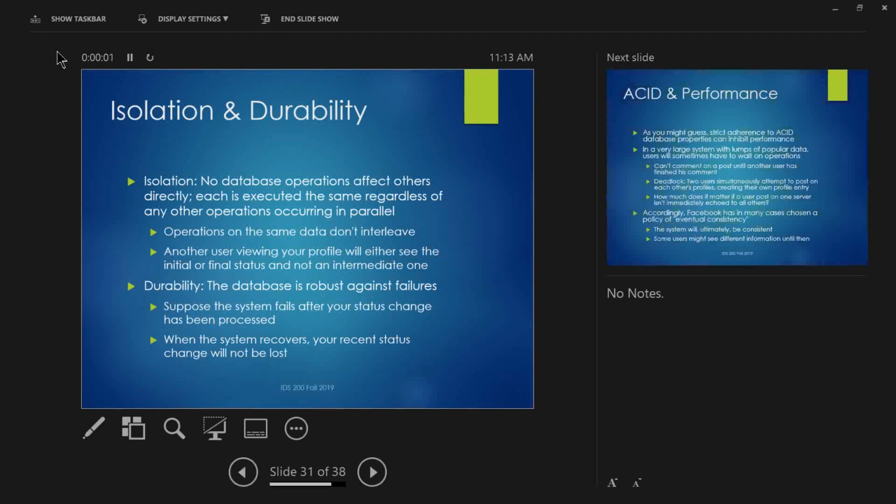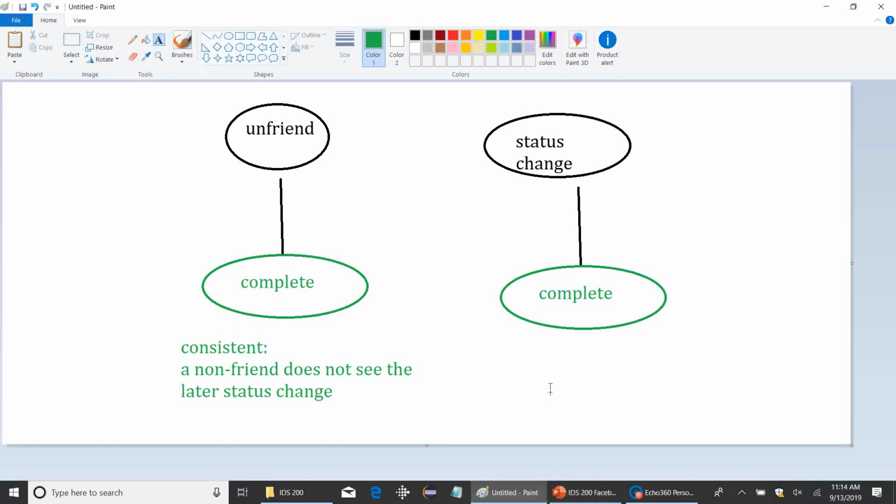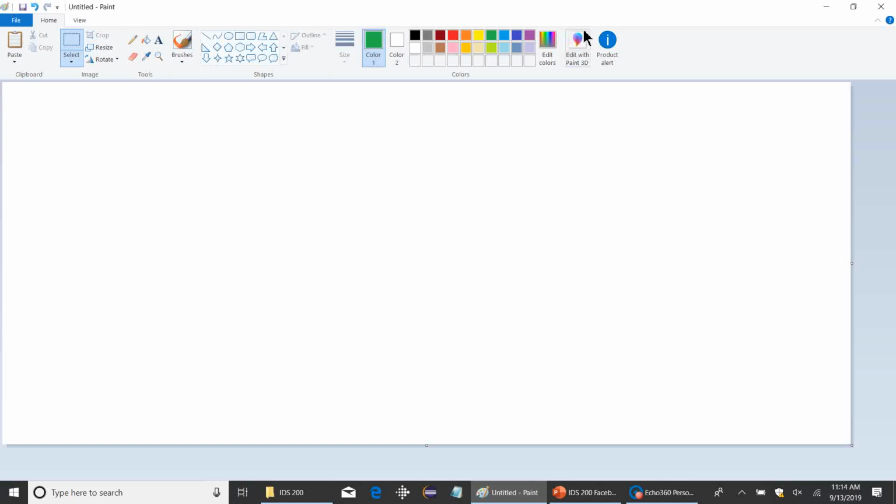Isolation and durability. So, isolation means no database operations affect each other directly. So each happens the same regardless of anything else going on in the database. What this means in practice, operations on the same data don't interleave. Okay, so it's a little bit difficult to describe this one, but the best way I have come across, what seems to work for me, is explaining it with an ATM. So,